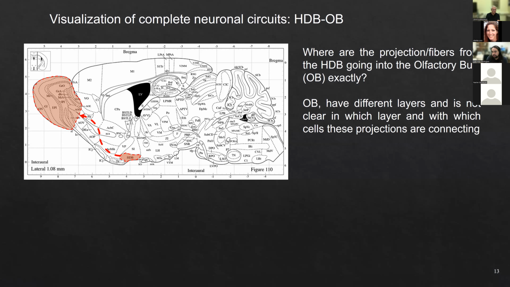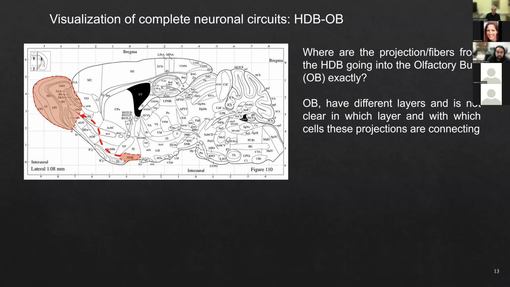Now I'm going to mouse brain sections, and these projections are really long, about 4 to 5 millimeters in distance, and it is still not known where the cells of the HDV are projecting into the olfactory bulb, because the olfactory bulb is made up of different layers. Okay, so there is the glomerular layer, external plexiform layer, mitral cell layer, and granular cell layer